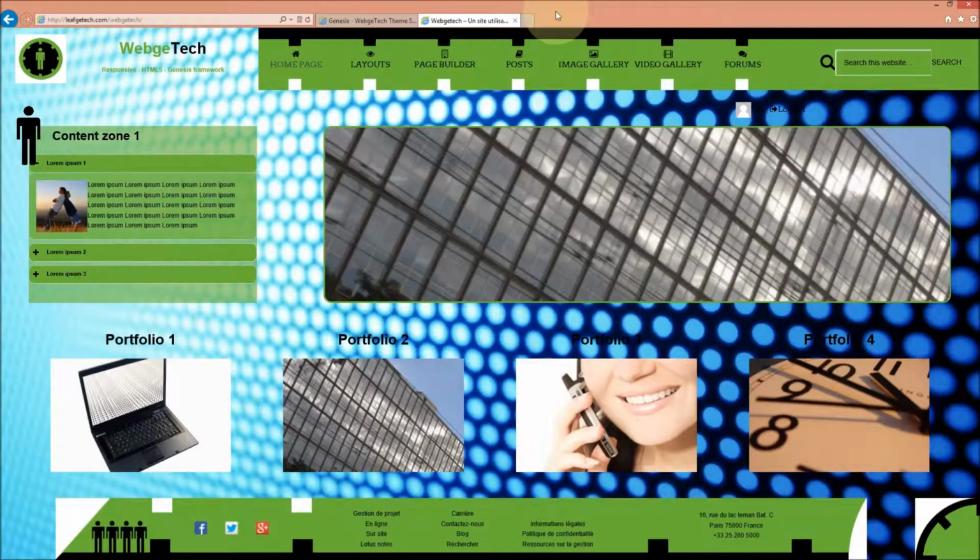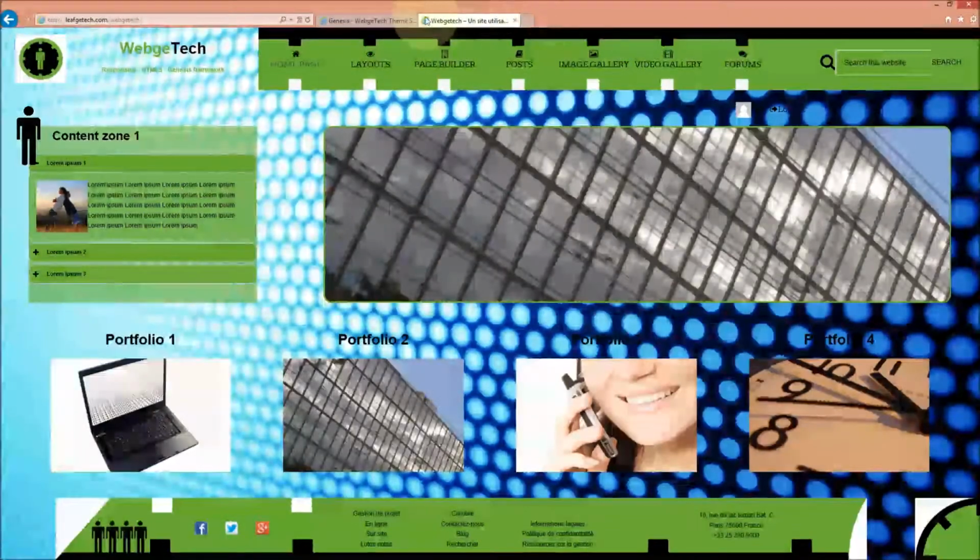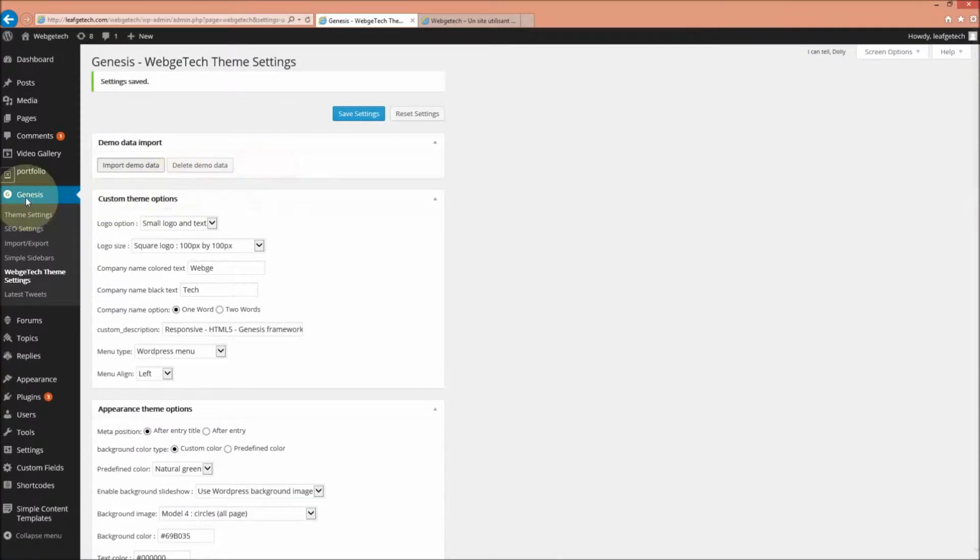You can change the logo and the images on the site to look good on images which don't have a white background. You first have to go to the Genesis Child's Theme settings, choose a predefined color. Here you have a list of predefined colors you can choose. Here we are going to select the natural green color. You have to save the settings